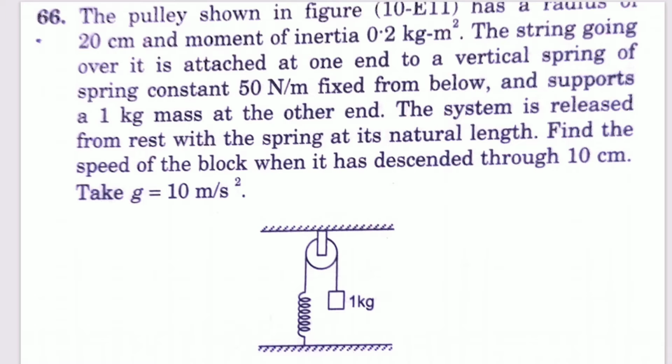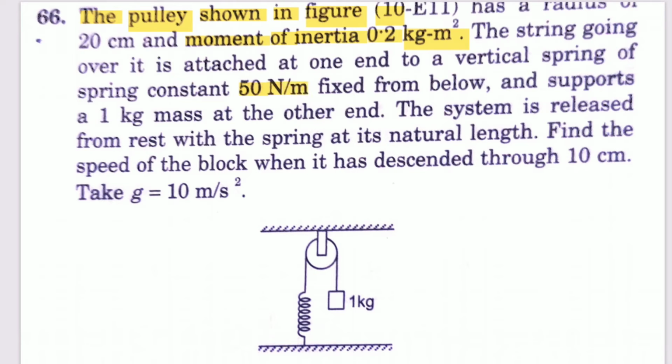Hello guys, the question is: the pulley shown in the figure has a radius of 20 centimeters and a moment of inertia of 0.2 kg meter square. The string going over it is attached at one end to a vertical spring of spring constant 50 Newton per meter,